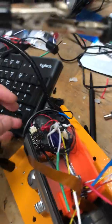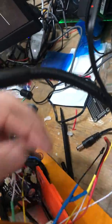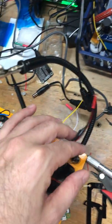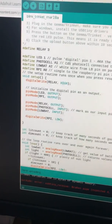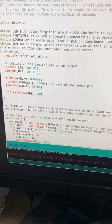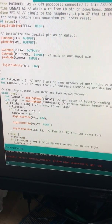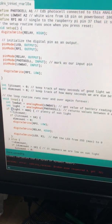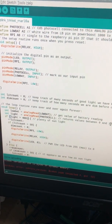The sun is kind of up right now, but it's raining so much that the light sensor that we are using on the one camera that's active, which is right here, is not detecting enough light yet to turn on the camera down there. So I'm gonna modify the program here because I put a pretty high threshold on the light sensitivity. I said it has to be 400 out of 1024, and I just figured, well,